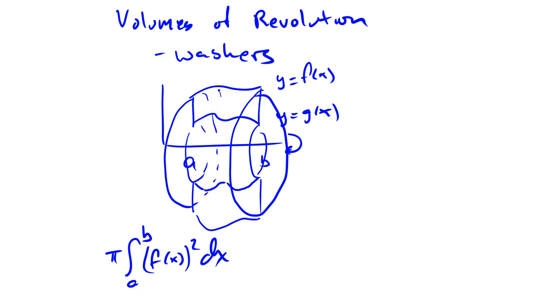Then I could say, but I don't want that volume. I mean, that counts all the volume, including the stuff that's in this hole, so I need to subtract out the hole. Well, the hole is just the integral of pi times g squared dx from a to b. And that's absolutely right. I want to look at this in a slightly different fashion, though, because it's going to lend itself to other things that we're going to do